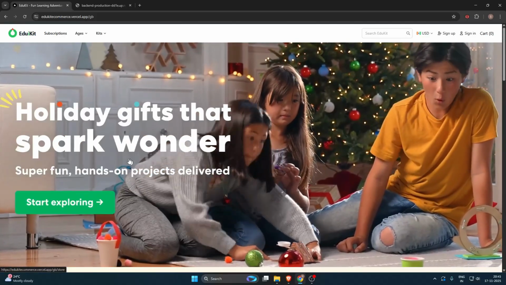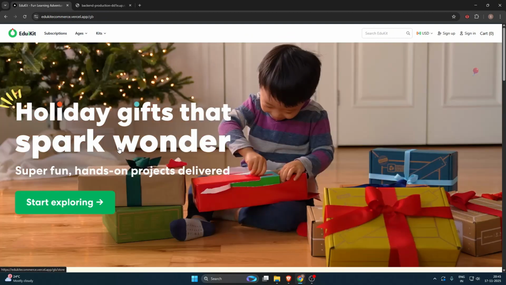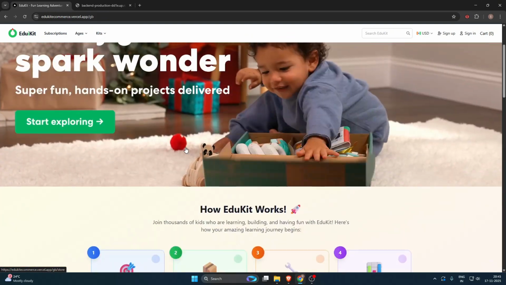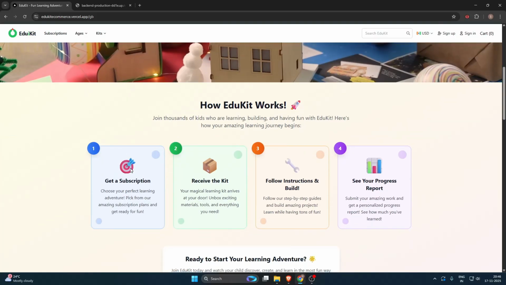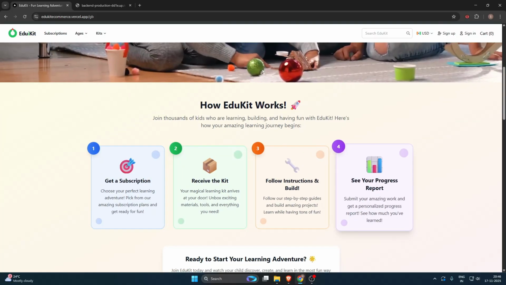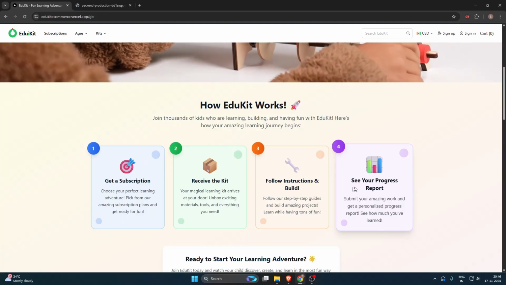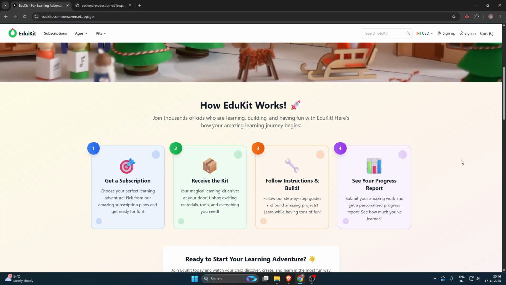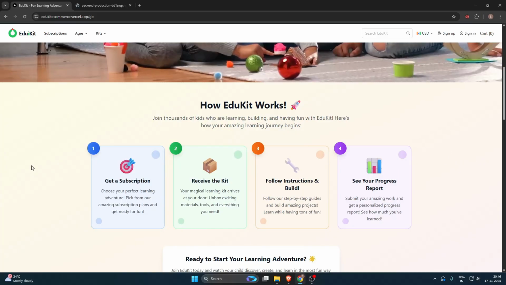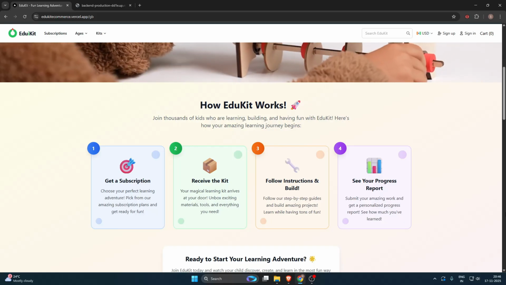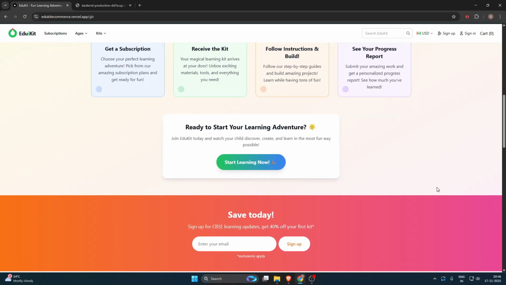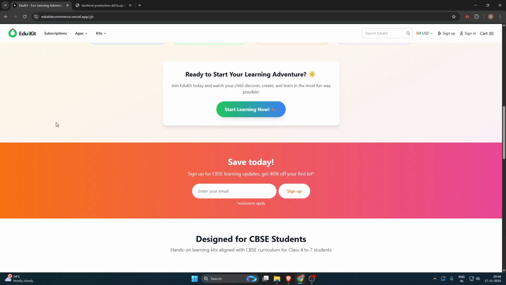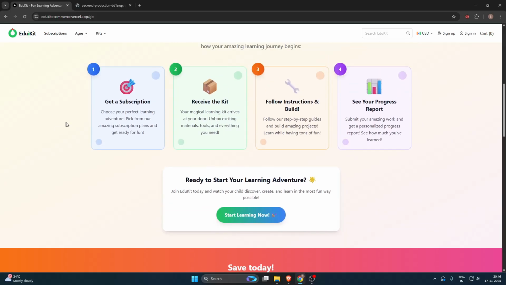The basic idea of this website is that it gives practical experience to today's children in school, because nowadays learning is mostly theoretical and there is very little emphasis on practical work. So we are trying to give practical education to children of class 4 to 9. Children get a subscription, or they can buy an individual kit